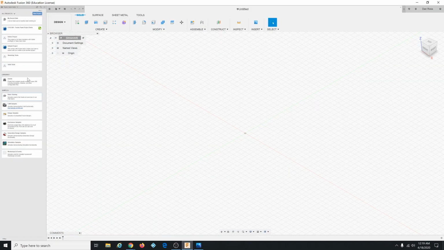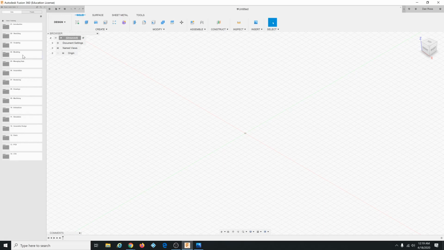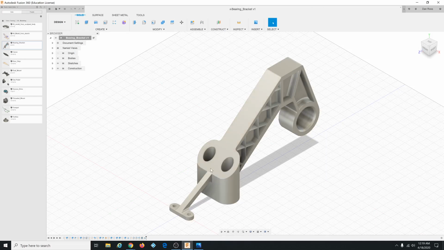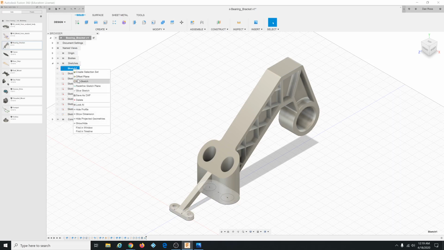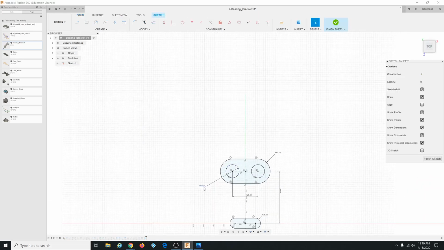Fusion. We'll go basic training, model 4, bearing bracket is what we want. Okay, so like we did at the very beginning, early tutorials. Where is it? Sketch 1, I think. I can edit this sketch, right? This hole is 65. I can change it to 50, and hit enter, and the hole gets smaller in the sketch, right? If I finish the sketch,